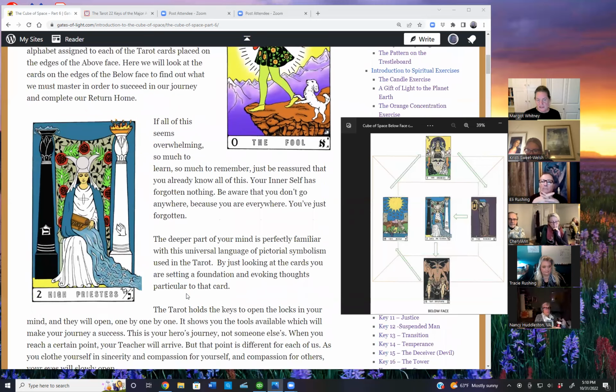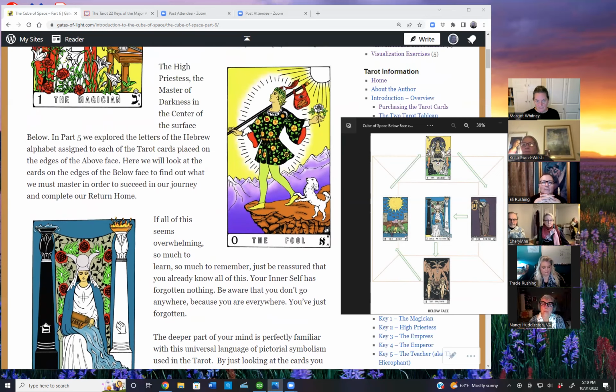If all of this seems overwhelming, so much to learn, so much to remember, just be reassured that you already know all of this. Your inner self has forgotten nothing. Be aware that you don't go anywhere because you are everywhere. You've just forgotten. So I'll reiterate the Fool card here. That's you, the being within,